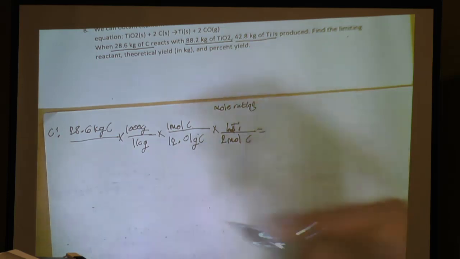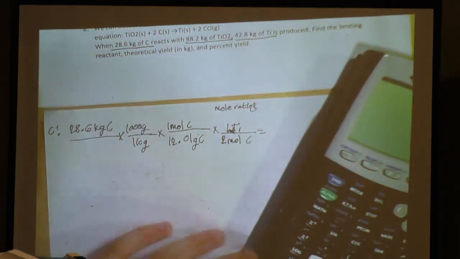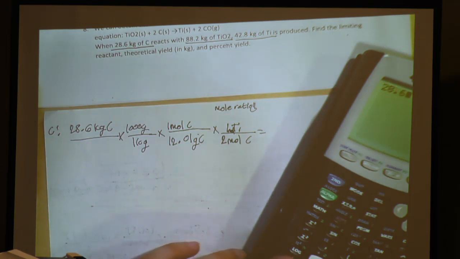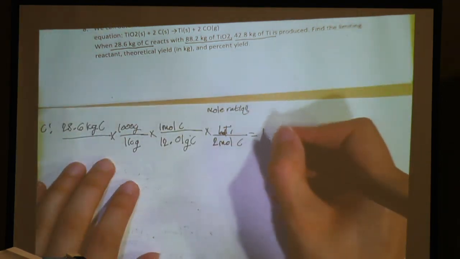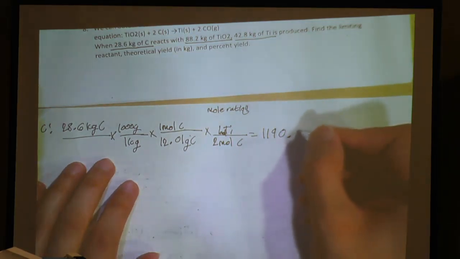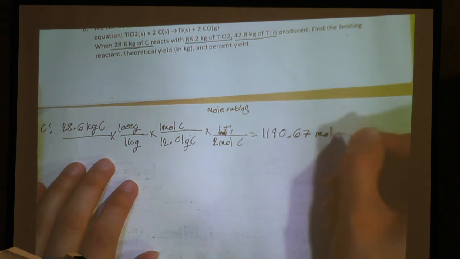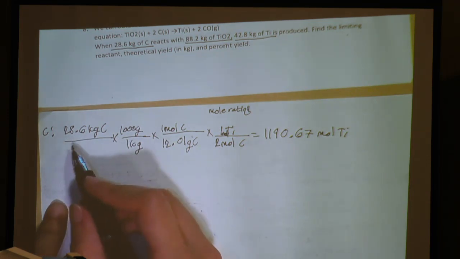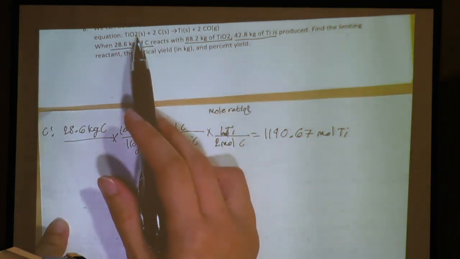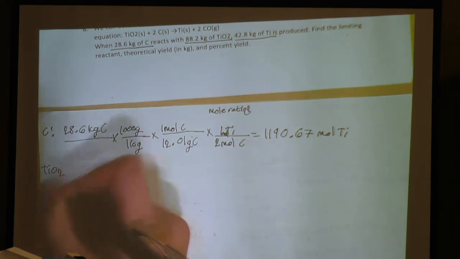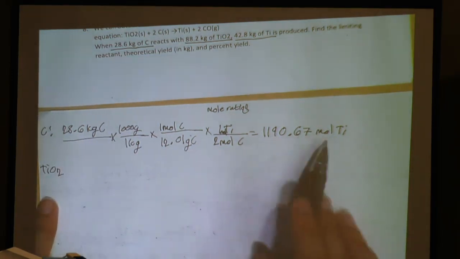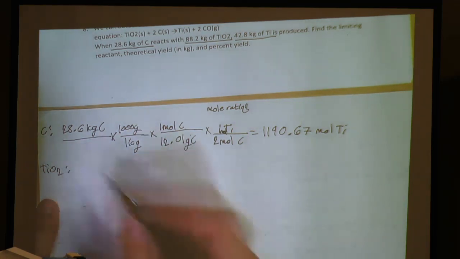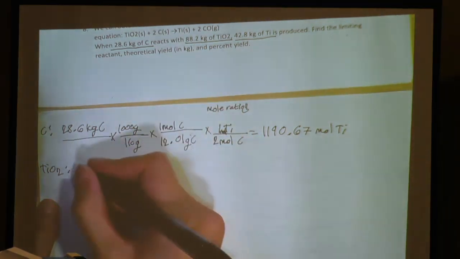So now we're in moles of titanium. We can now see what that gives us. So 28.6 times 1,000 divided by 12.01 divided by 2. So that's going to give us 1190.67 moles of titanium. So this is what we were able to produce from carbon. Now we want to go through the exact same process using TiO2. And what we're going to do is see which one causes us to produce less, and that's going to be our limiting reactant. So they say that TiO2 is 88.2